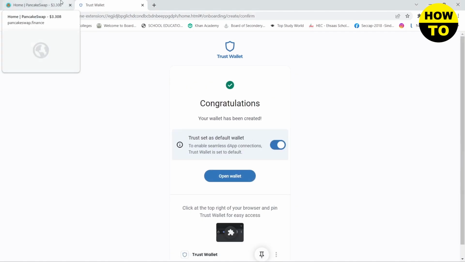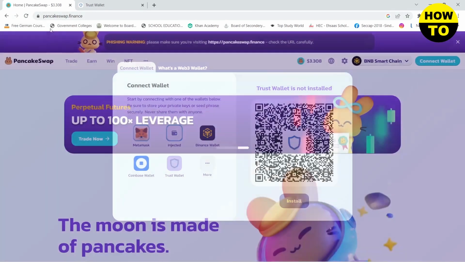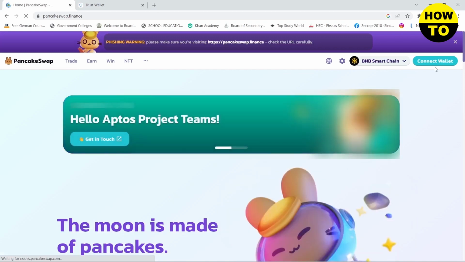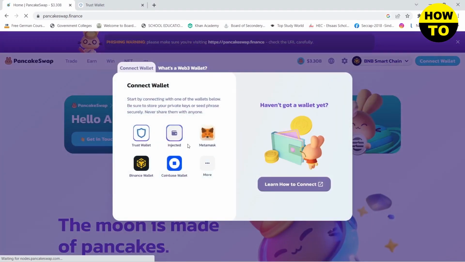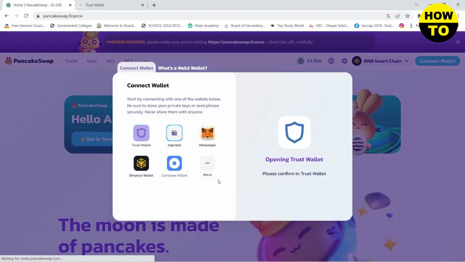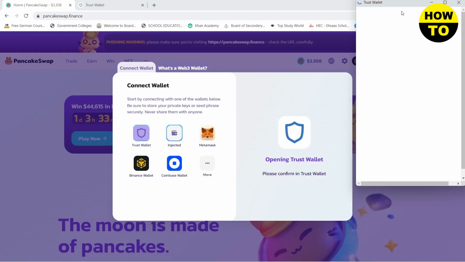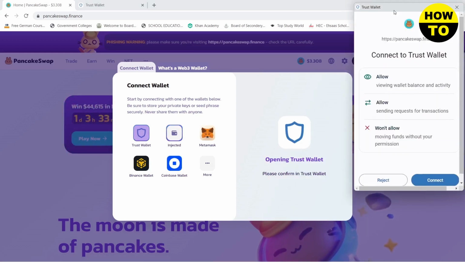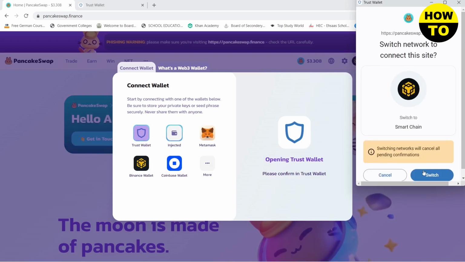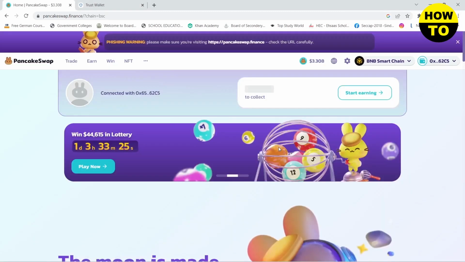Now all you want to do is go back to Pancakeswap and then refresh this page, and then click on connect wallet, Trust wallet. This will open up the Trust wallet pop-up. You need to click on connect and then click on switch, and boom, you have just connected your Trust wallet